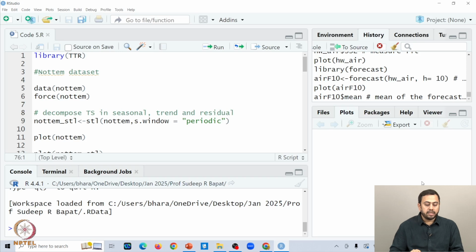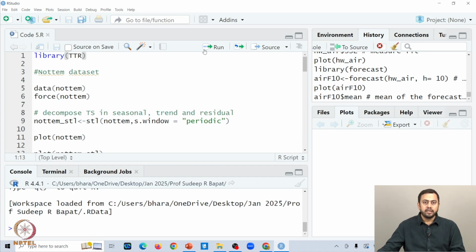Now again, this would be the typical R window to start with, and then we'll try to import some libraries. So the first library we want is called TTR, as you see in front of you in line 1. The full form of TTR is interesting: it's called technical trading rules. If you want to forecast any stock price, then people often apply some technical indicators, let's say moving average or RSI or MACD. These are some well-known technical indicators. So this package helps us to draw some of the moving averages and then implement them on some real data sets and eventually forecast, okay?